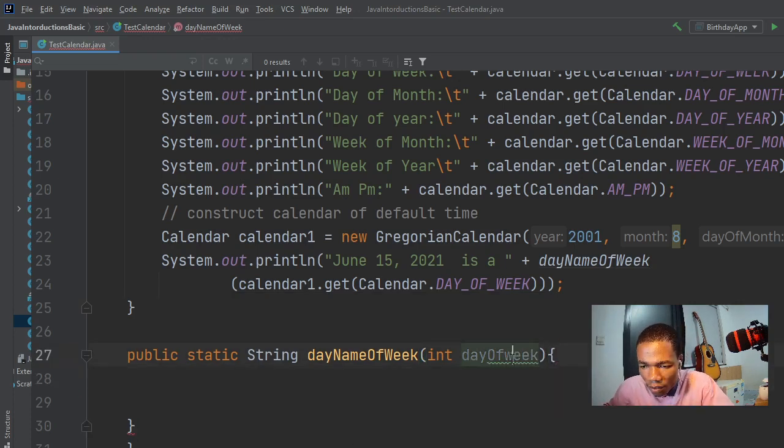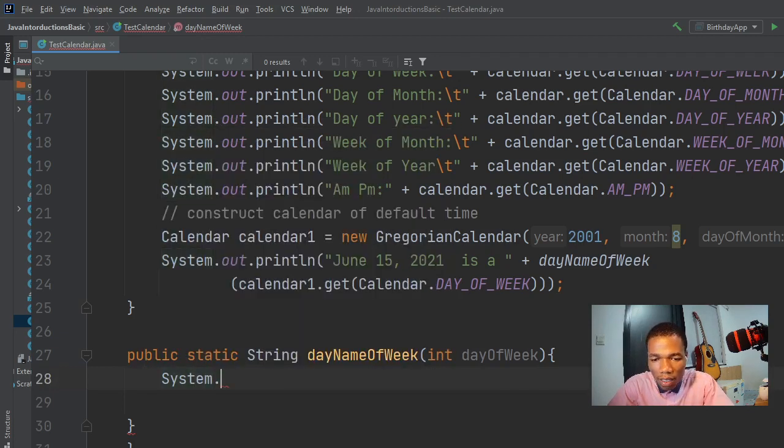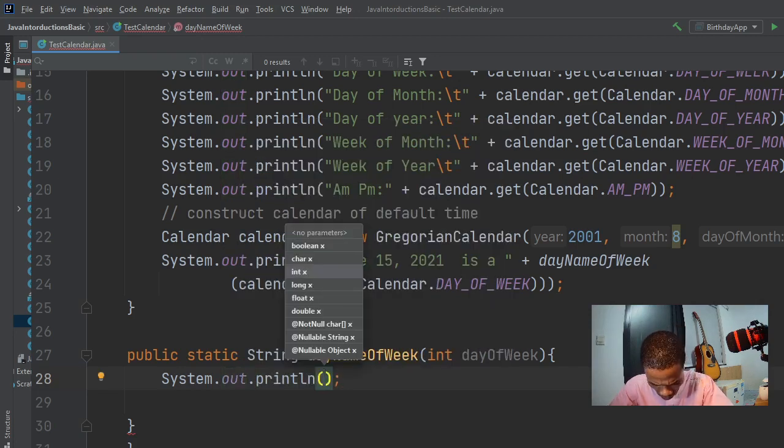Okay, we have an error because we use lowercase. So let's use uppercase, dayOfWeek. Okay, now we don't have an error again. We say system.out.println. Okay, now that we have this,